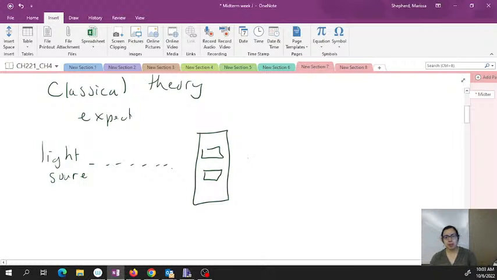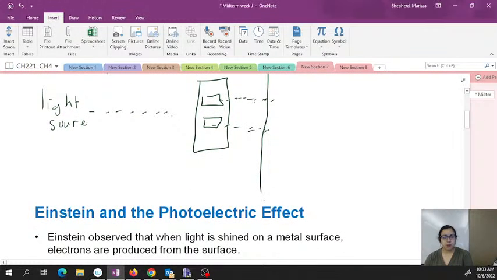Behind those slits you have your screen where you look at the pattern the light creates. What they would expect is for these light particles to just go straight on through and collect like that. So you would have one cluster as it passes through one slit, and a second one for the second slit. Except when he actually performed the experiment,